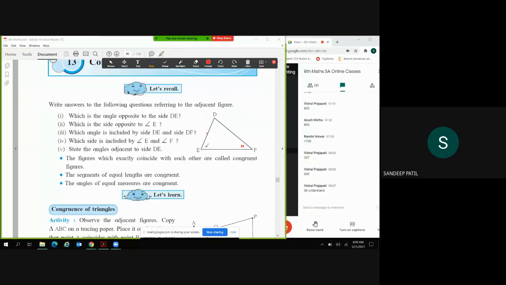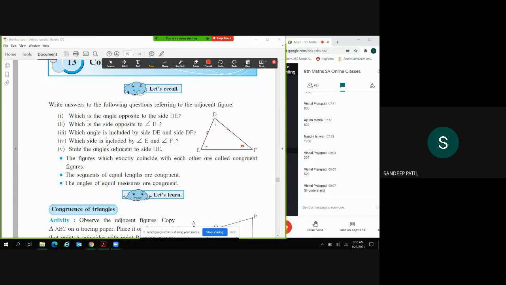Angle E के opposite कौन सी side है? DF. Okay. Then which angle is included by side DE? साइड डी ई एंड डी एफ से कौन सा एंगल बना है? ये बना है, राइट। सो ये है एंगल डी, मतलब कोण डी।